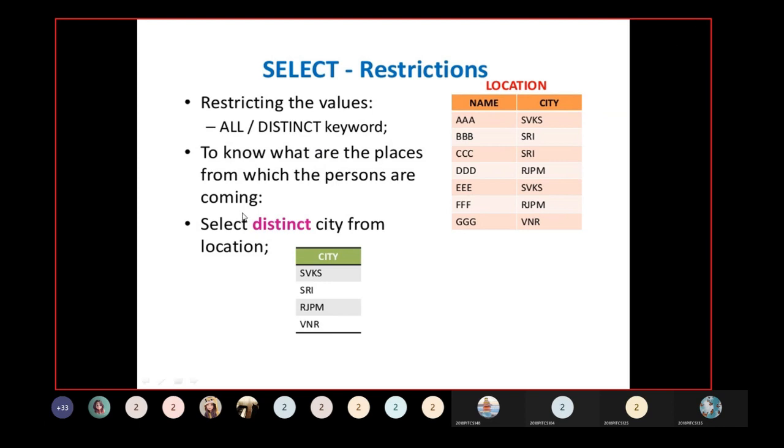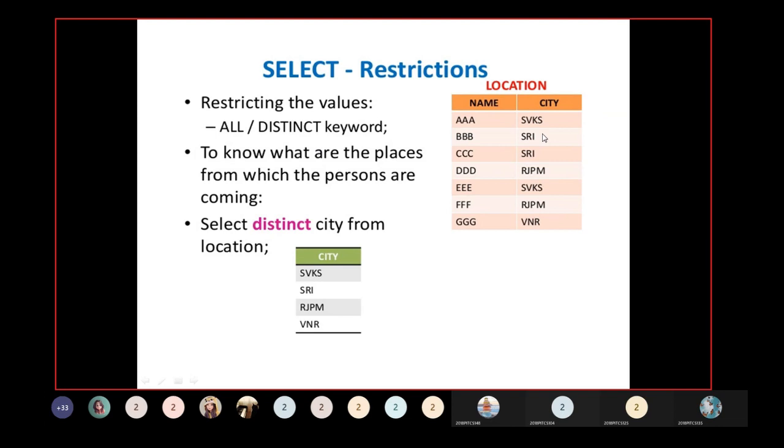Select distinct city from location, because our question is to know what places the persons are coming from. After giving this command, we get the output like this. That is the city column.